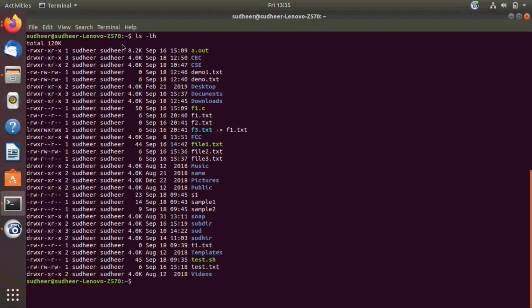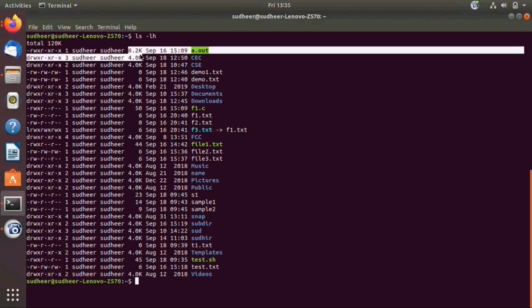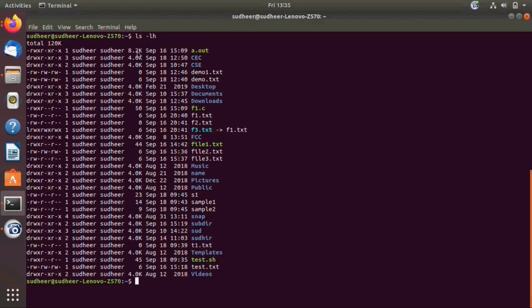It lists all the files based on the size. See, the size of CC is 4.4K and the size of the file demo.txt is 6 bytes. So now this is in a human readable format.